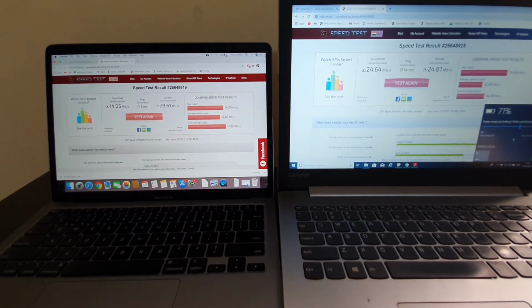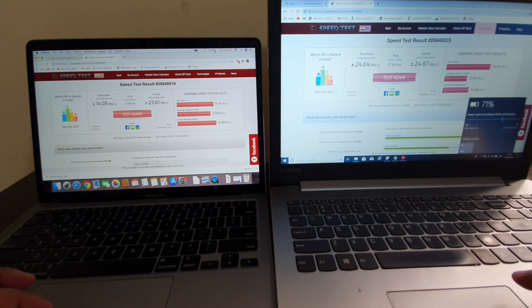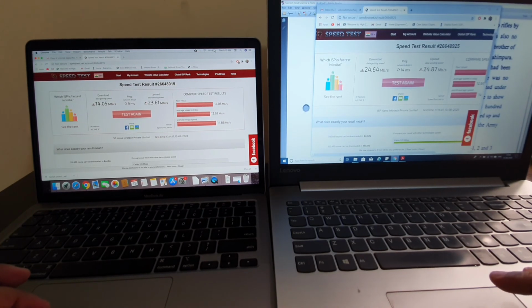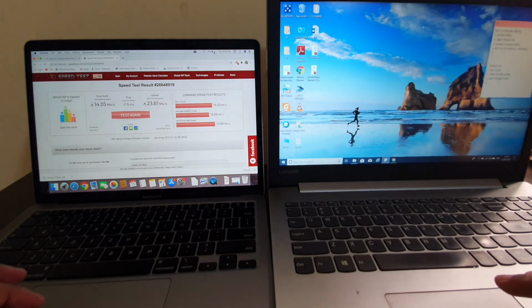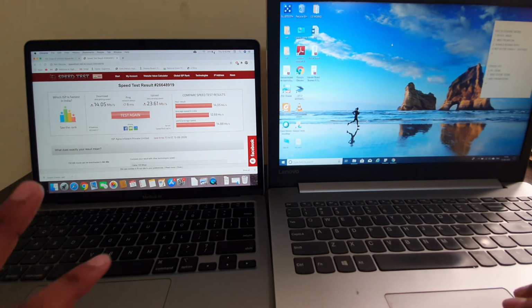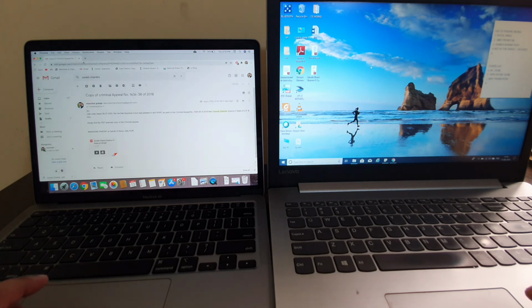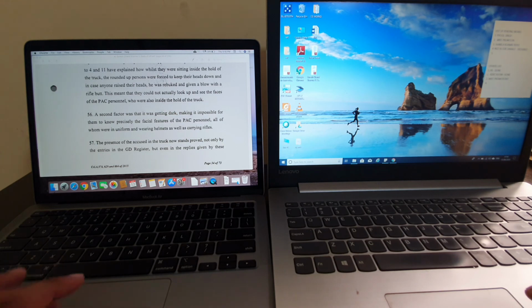So basically for general users there is no such big difference. The price is, at least, the MacBook is 3 times more than this Windows laptop, the Lenovo bought in 2017. The rest you can decide yourself.